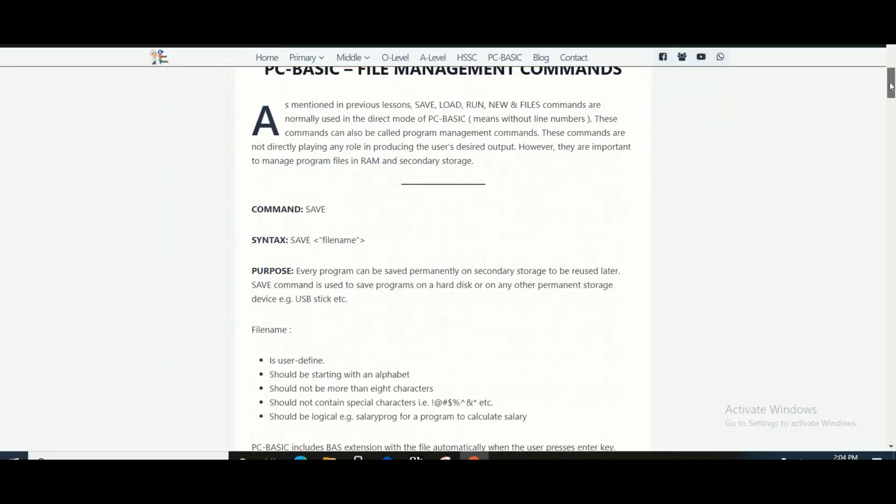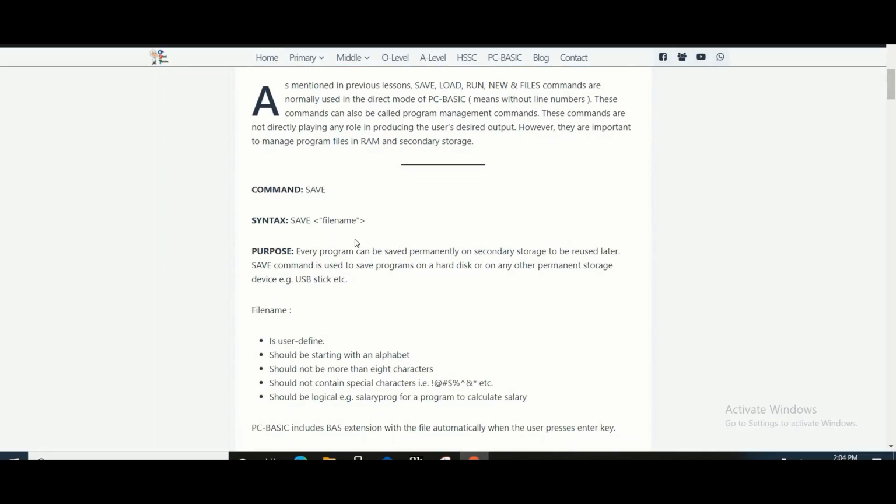On this page, when I wrote the command, I have written the command syntax also. What is the meaning of syntax? Syntax means I know that the save command is used in the BASIC language, but what are the necessary ingredients or elements which are to be written with this save command, it is mentioned in syntax.